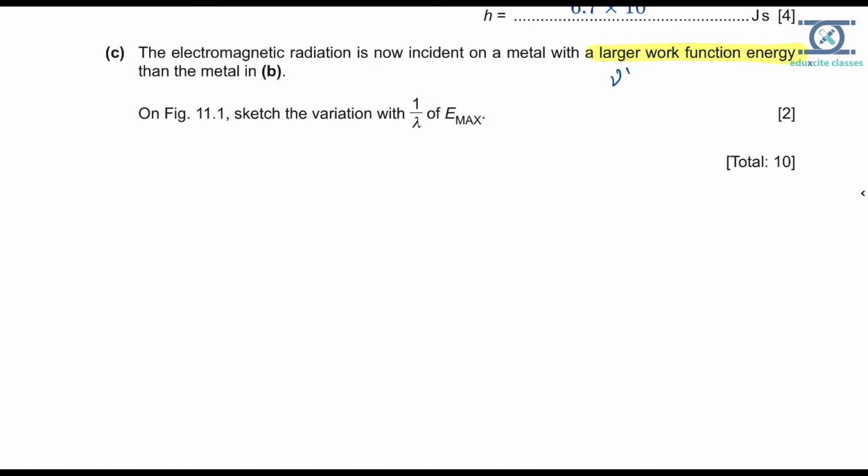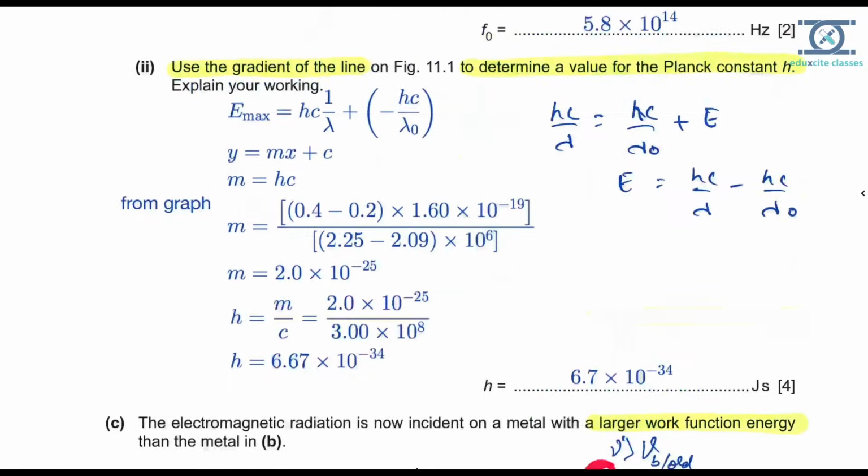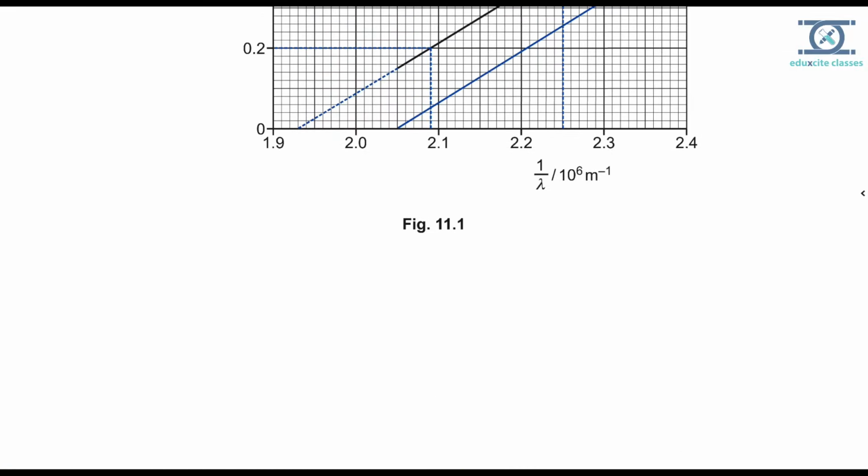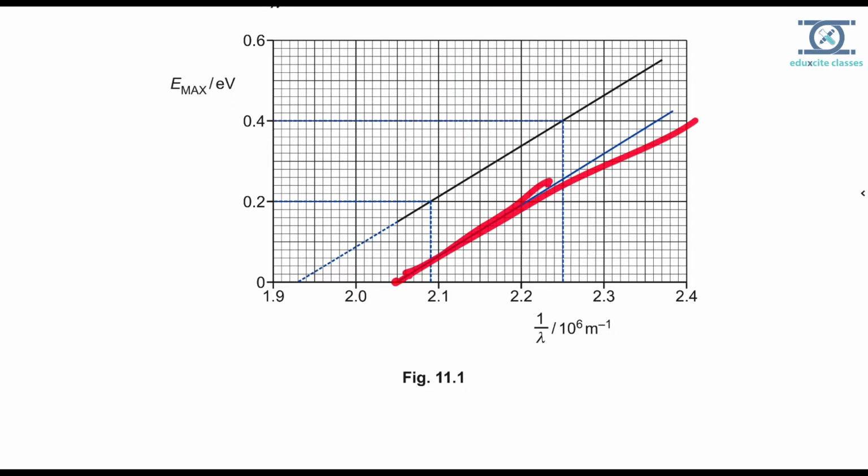frequency will be greater. Let us say it is the new metal, so we can say frequency dash will be greater than the frequency of the B part, or the old one. So 1 upon lambda dash will be greater than 1 upon lambda naught, the old one. So this will have a greater value, so that is why I have taken it. You can take any other point, not necessarily what I have taken. You can draw here also, but that should be greater than 1.93.